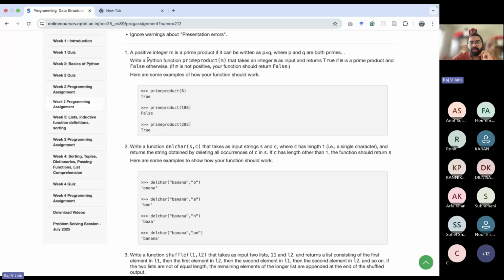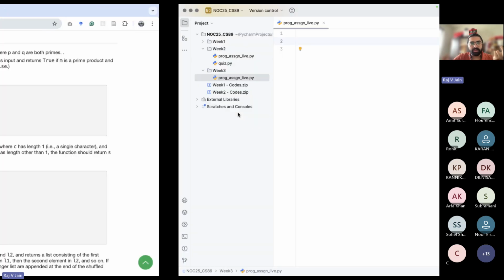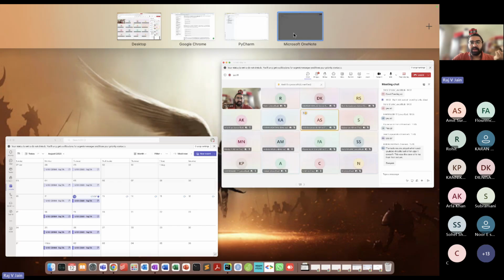So we need to write a Python function is prime product of M, which takes integer M as input and returns true if M is a prime product or false otherwise. If M is not positive, your function should return false, so this also we need to incorporate. Before we get into what solution we had last time and what the improvement is,